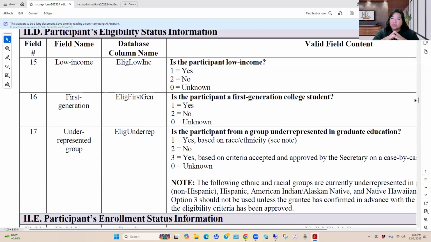But what they could do, correct me if I'm wrong, is field number 17 might not be asked on the APR or asked in a different way. And that's pure speculation. But I know that perhaps it has to be addressed and talked about on the APR, and that would probably be the first time that it's officially talked about. What do you think, Lourdes?